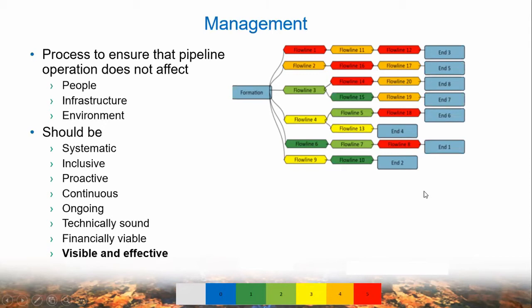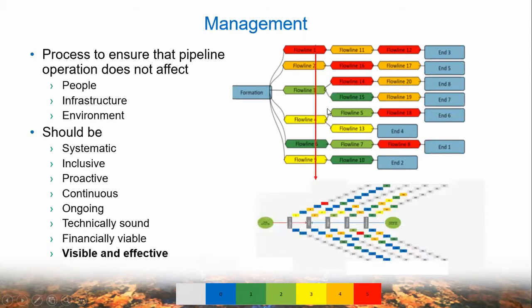From this level, we should be able to look at the status of various activities in a particular pipeline. For example, if we want to look at flow line 1, we should be able to see what caused higher risk in this flow line. As you can see here from the details, higher risk in flow line originates due to inadequacy in implementing a couple of strategies. So we should be able to see the big picture as well as detailed analysis.